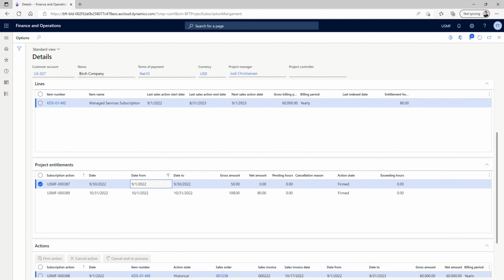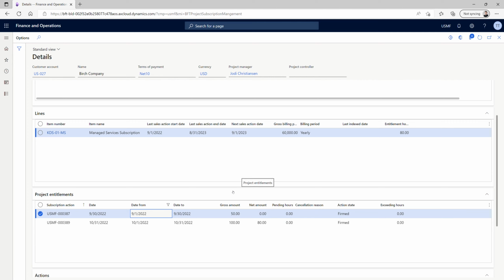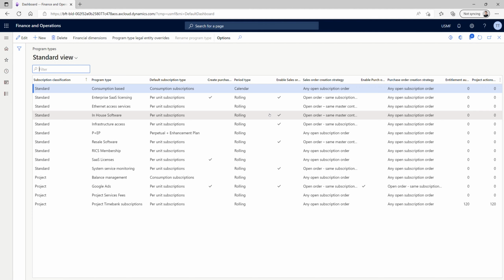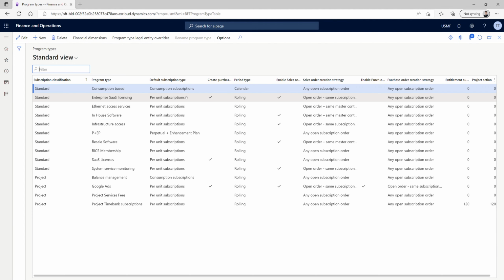Now, before we proceed further, I would like to show you the configuration linked to this tab, because unless we configure the amount of days within that configuration, we don't see any project entitlement lines here. Basically, if I switch my view to the configuration of program types and also the corresponding program type legal entity overrides, I can see that if I scroll to my right hand side,